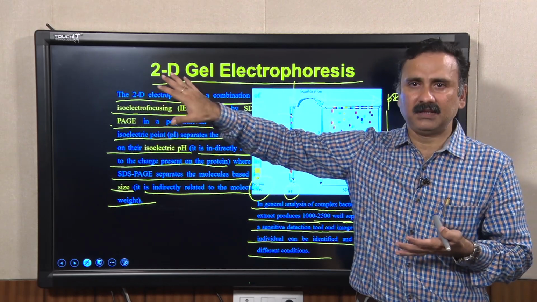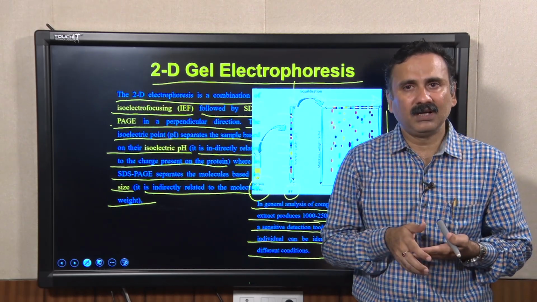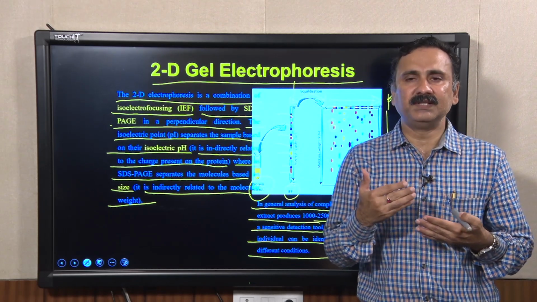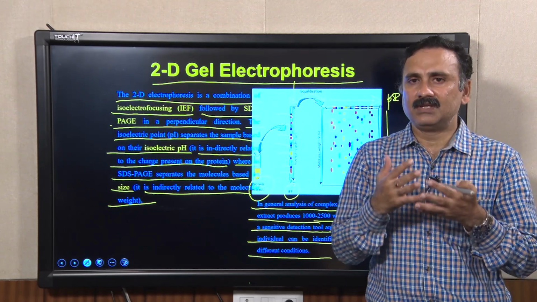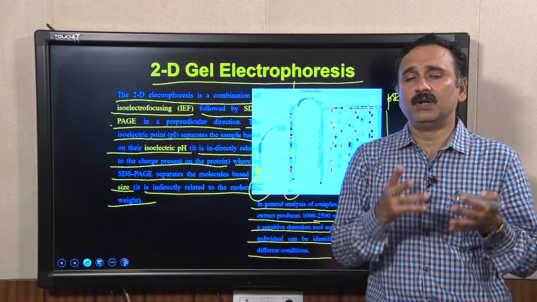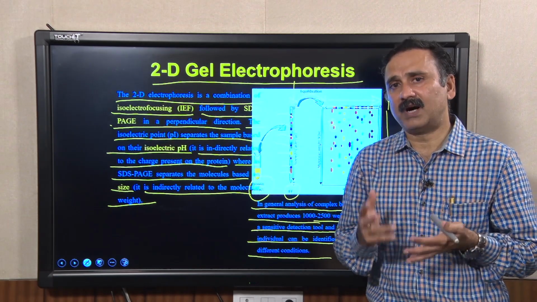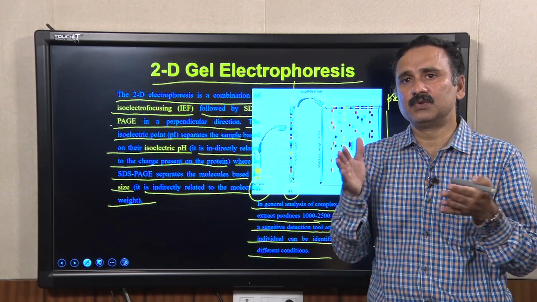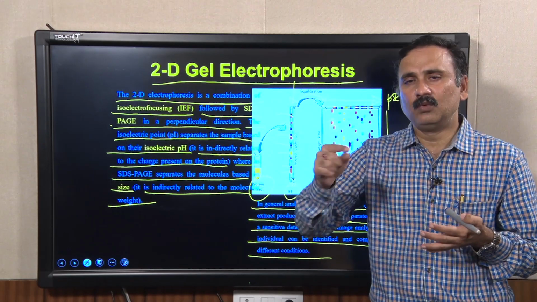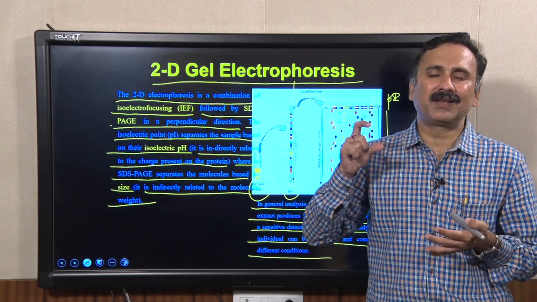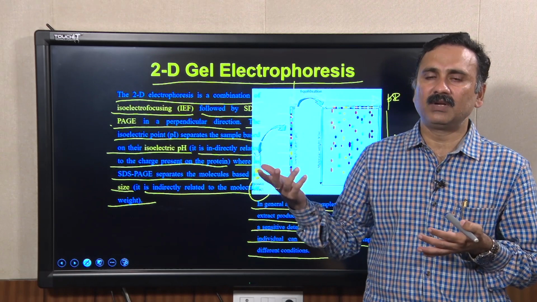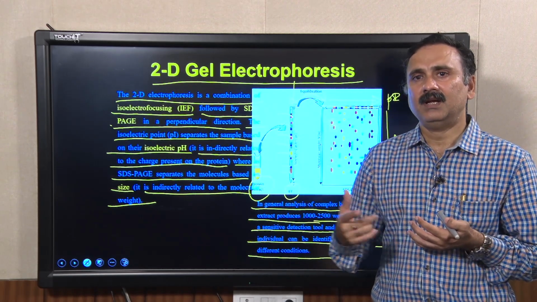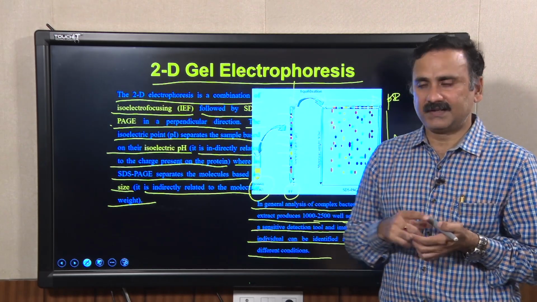Because these changes are very subtle, and very difficult to map using only one property, either the isoelectric point or the molecular weight, people use two dimensional gel electrophoresis to resolve them. In general you are going to produce 1000 to 2500 spots, and that gives you enough separation to see each and every spot. Once you have these spots, you can extract the protein from them and identify the proteins.